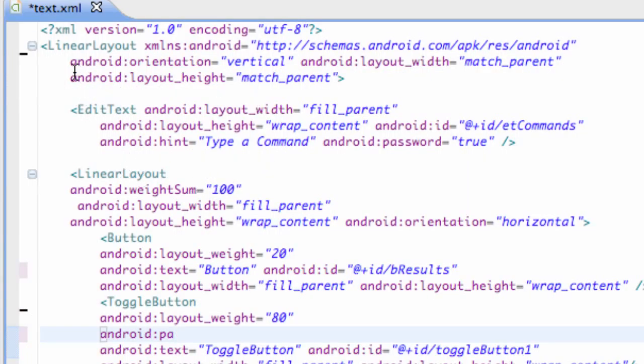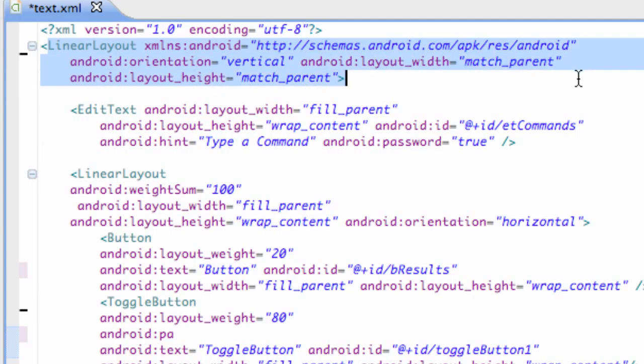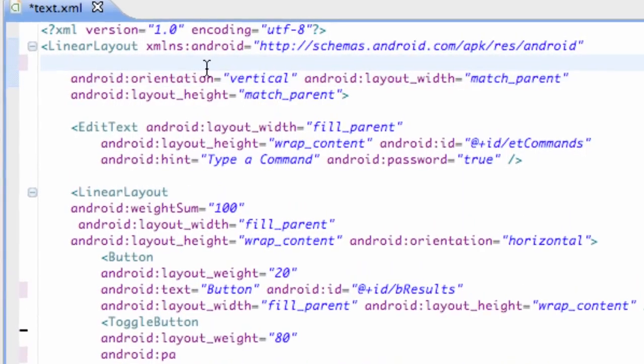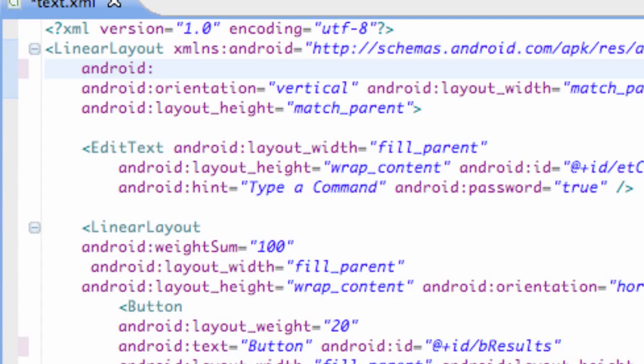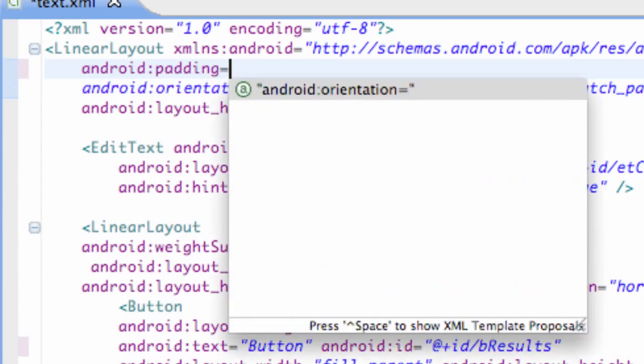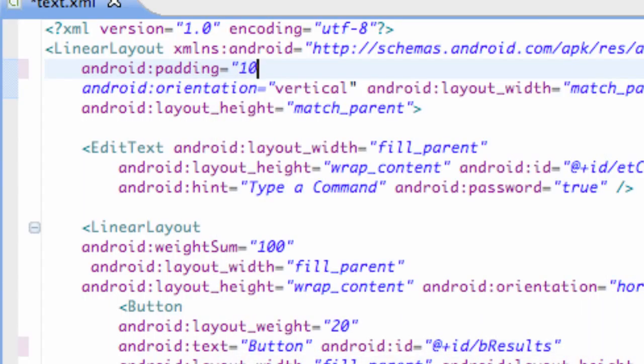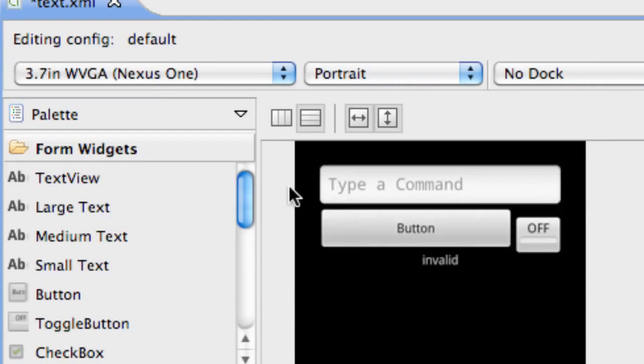Basically what I want you guys to do is go up to your first linear layout. This is the one that will fill the whole screen and defines everything else within it. And just add a line of code within the opening bracket. Pretty simple. We're going to say android:padding, and we're going to put like 10dp, something like that. Well, let's do like 25dp, just so we get a desired result. There you go. There's just 25 density pixels of padding throughout this whole linear layout that defines basically the edge of this